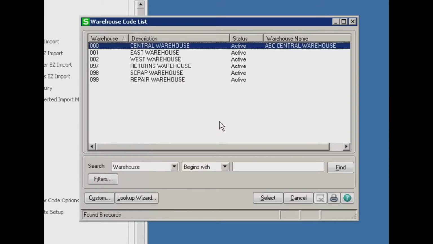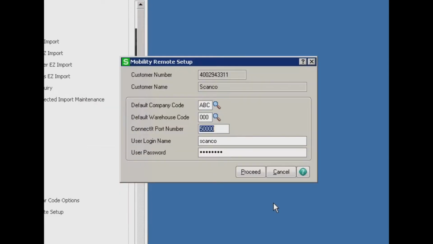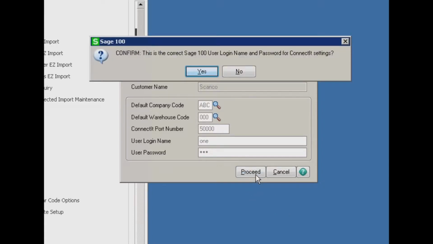The next required entry is for the default warehouse you wish to use. The connected port should remain at 50,000. The next two required entries are for a valid Sage user and password. After clicking Proceed, a message for confirmation that you have entered the correct Sage user and password must be answered